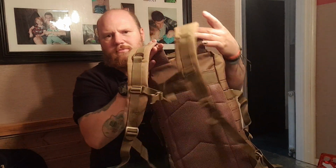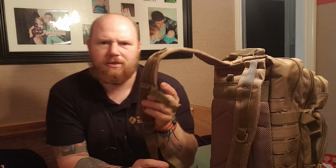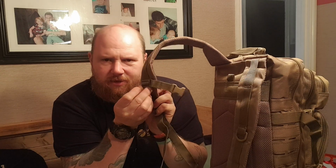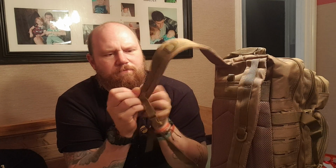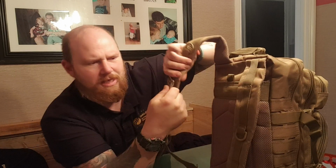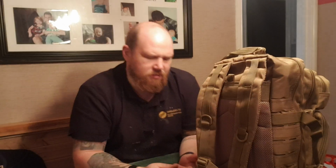So the only thing I find really strange is the chest strap. Not that I would ever use it, but these chest strap mounts are stuck in that one position. They slide up and down that one, but you should be able to move them into any of these webs, and they're sewn in. That's a bit of a mistake to make, but like I say, what can you say from a 17 quid bag? Right, so straight away,